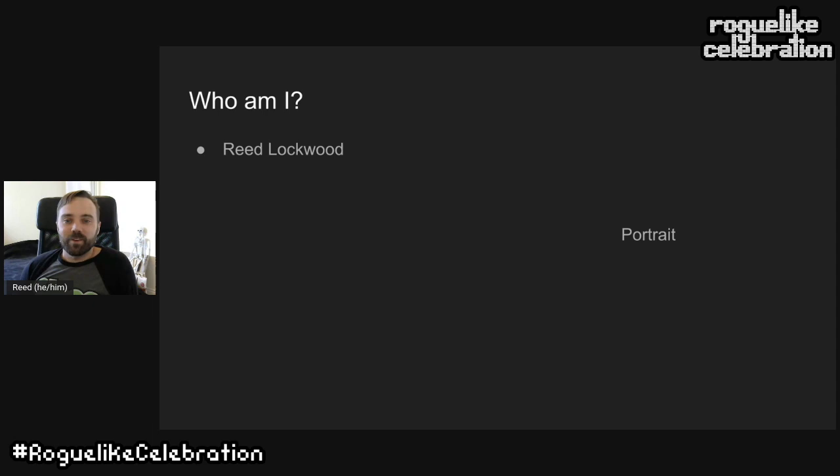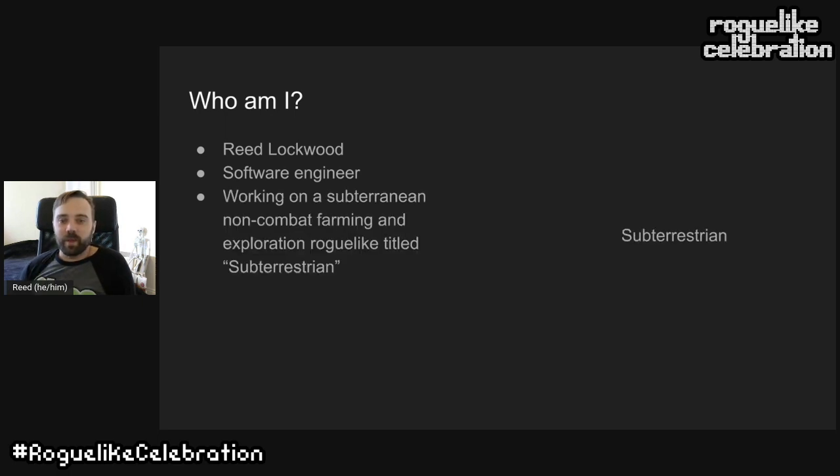So I'm Reed Lockwood. I'm a software engineer by day and also a software engineer by night. I'm working on a subterranean non-combat farming and exploration roguelike titled Subterrestrian. It's still very early on in development, but you can follow me on Twitter at skeleton_hugs to get updates